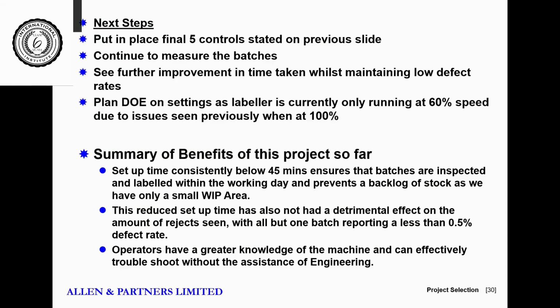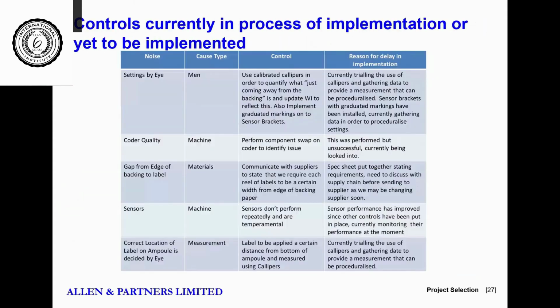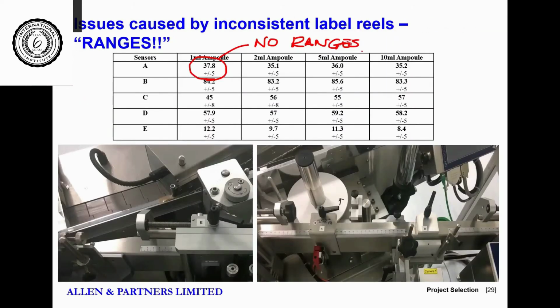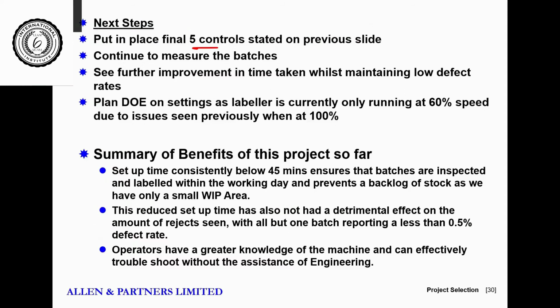So the next steps here, he needs to put in place the 5 controls that he stated previously. So where were we? So he needs to put those 5 controls in place. So there's more to be done, and he knows it, and he needs to tighten those up, get the material under control, and then get the ranges tightened up. But what have we seen? Currently,